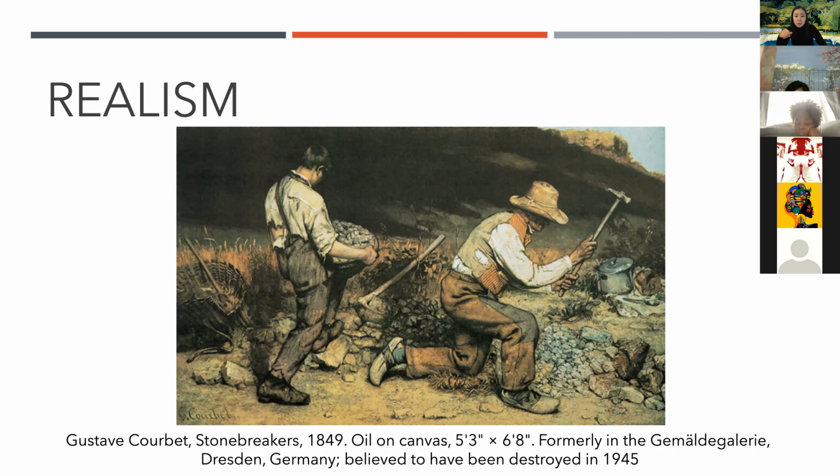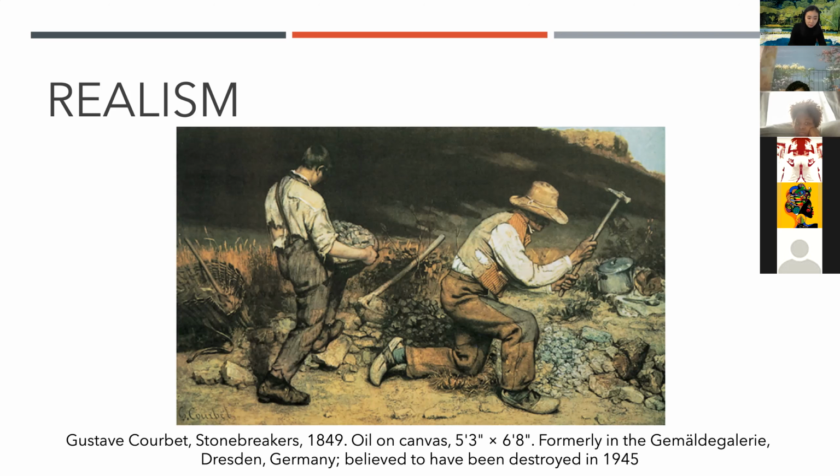Very good. So Mike, what are they doing here? It looks like they're breaking down stones. Yes, exactly. So see, that's the huge difference. So this painting, The Stone Breakers, was shocking for its depiction of working-class people on a large canvas. Look at the size. It's a very large canvas, a scale normally reserved for the heroic subject matter of history paintings.